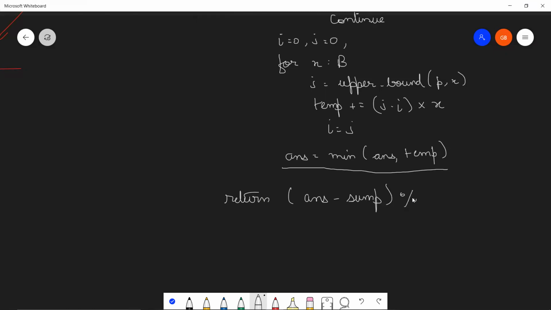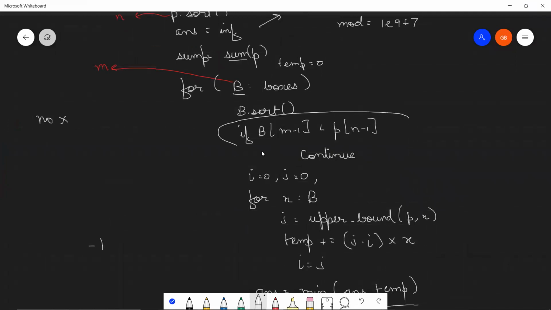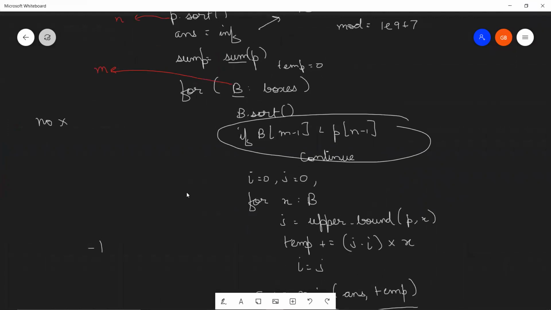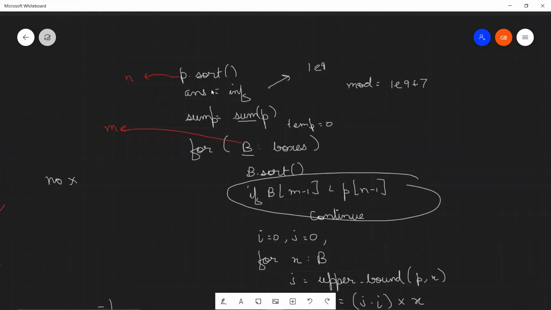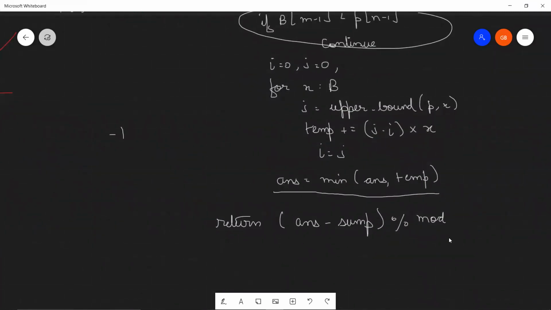And we do need to remember that it might be too large for this program to handle. So we modulo it by mod, right? And yeah, that's it. I think one thing that I left over here is the condition where if this is not possible for any supplier, our answer will be -1. So when will it never be possible for a supplier? When for each and every single supplier, this particular condition is being executed, right? This would mean that our answer variable never changed from infinity to something else. So if the answer variable remains infinity, you'll return -1. Otherwise, you'll return this statement that I've written in the code, right?